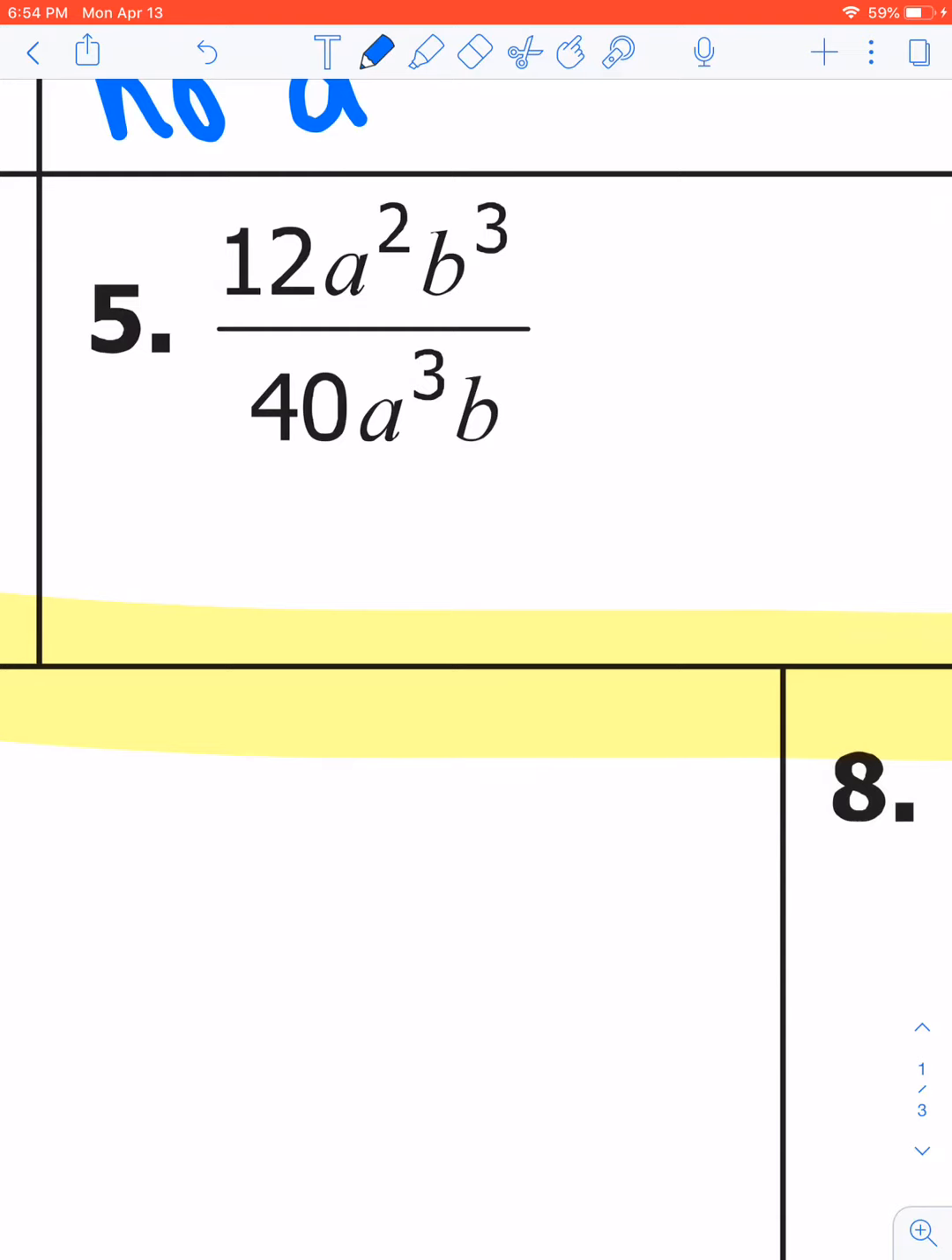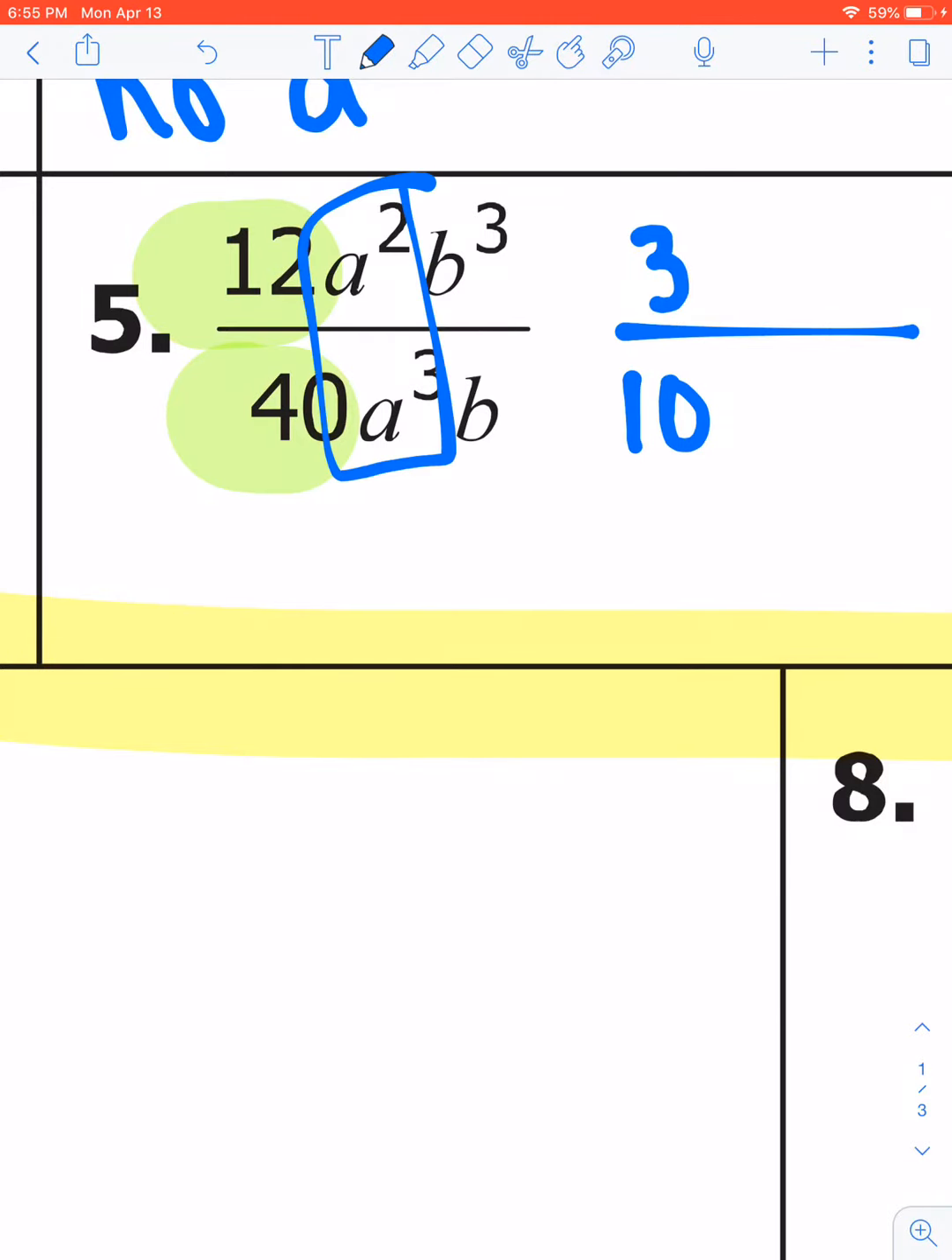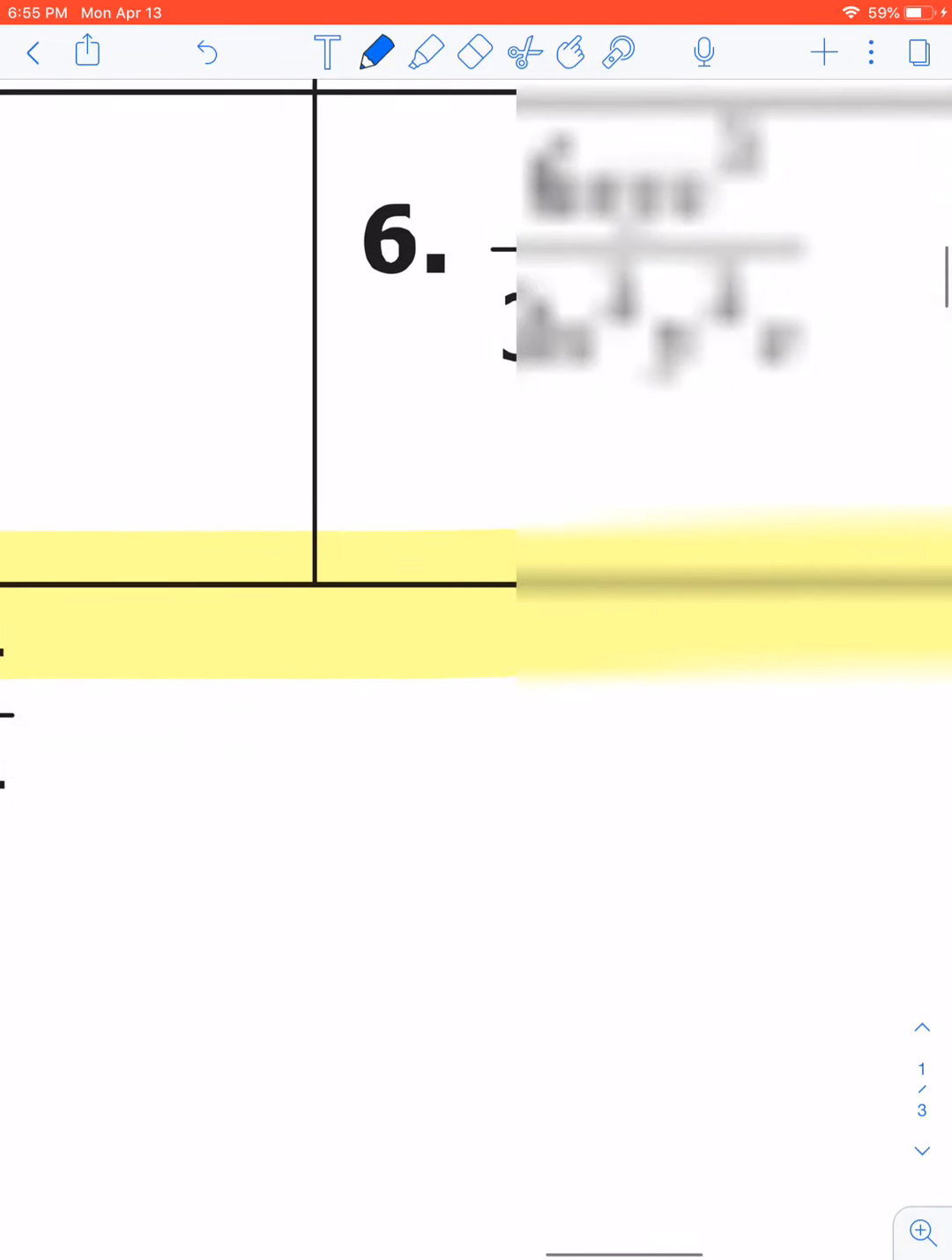For number 5, again, look at the number family. I'm going to reduce 12/40. Again, use a calculator or your brain. It's going to reduce to 3/10. Then look at the A family. There's 2 on top, 3 on bottom. So that means you'd have an A on bottom. And then when I look at the B family, I have 3 B's on top, 1 on bottom. So that means I would have a B squared left in the numerator. And our last monomial problem